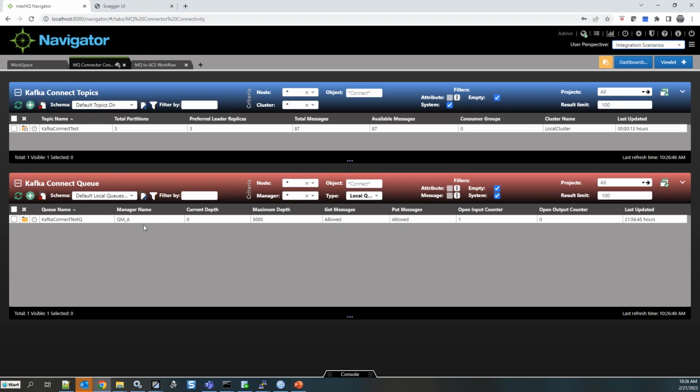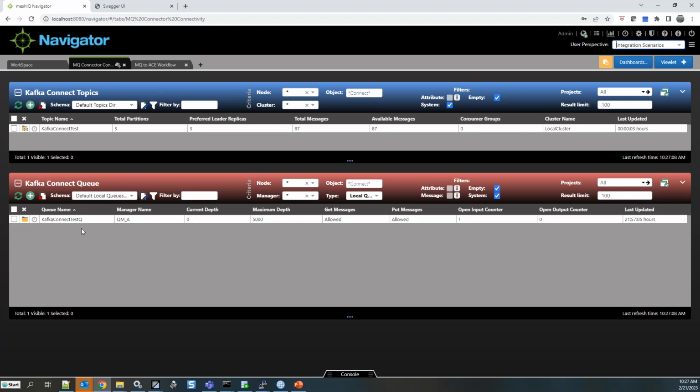Up to now, all of the views that I've been showing were all very specific. I showed you Kafka, and then I showed you MQ, and then I showed you App Connect Enterprise. Well, here I've mixed the two together, right? And if you didn't notice, I've got them set up with different colors, so I can easily recognize that this one was an MQ one, this is a Kafka one.